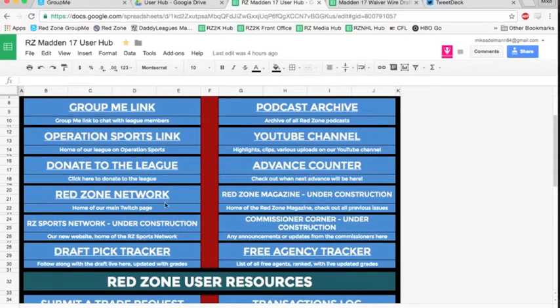Red Zone Network. That is the Twitch page. So that is where the primetime games are broadcasted. Power ranking shows, radio shows can be there. That is like the Twitch page that Weed Seed and Man's run. Red Zone Sports Network, that's the website that'll be announced very soon, so that will be linked up when that